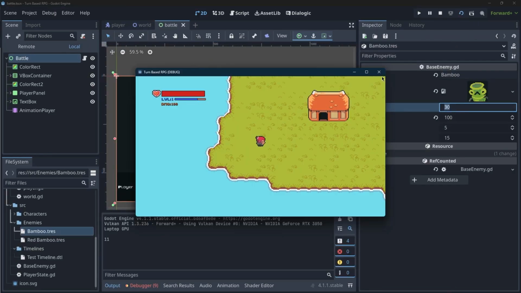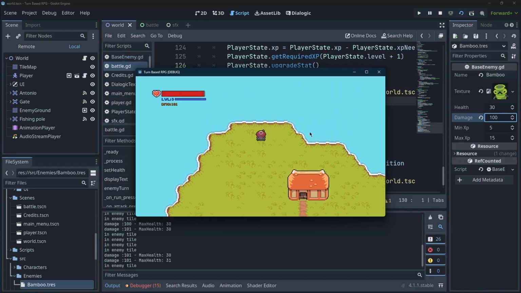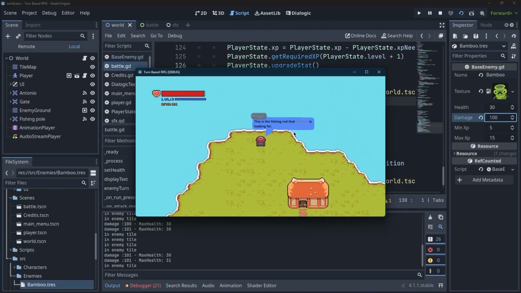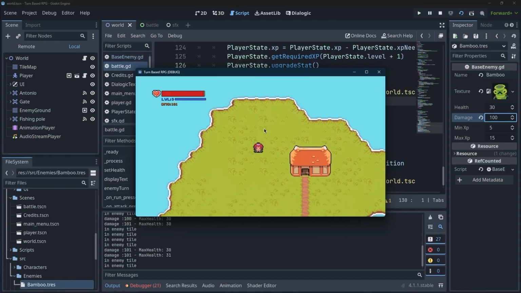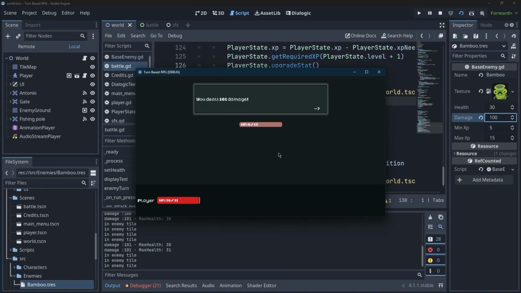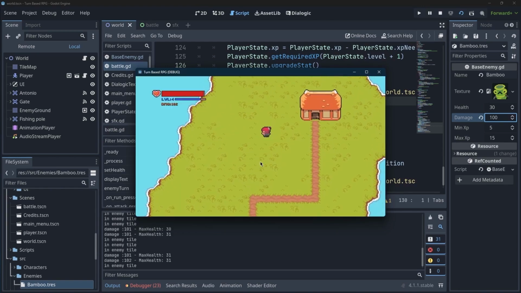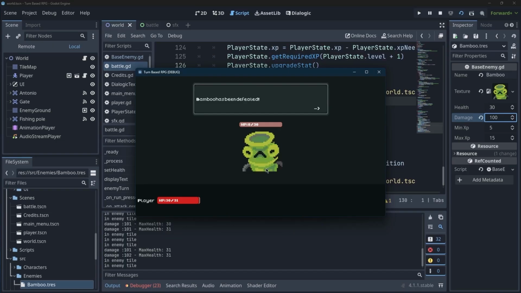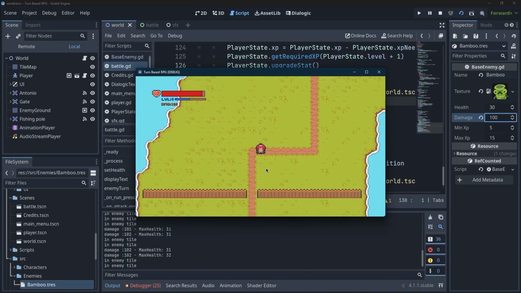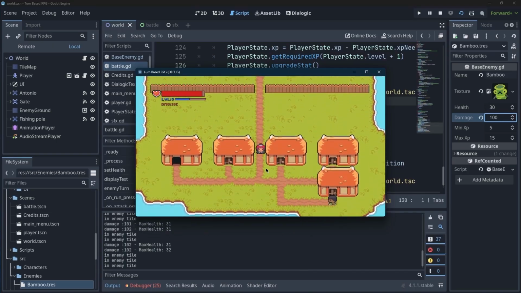to gain experience and level up, and we will set up NPCs and create our quests. We'll create menus for our game, and we will end it with music and sound effects. This course is for complete beginners, so if you want to get started with Godot 4, you can just jump